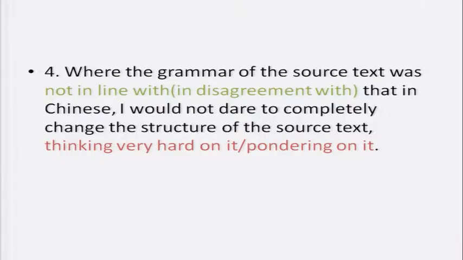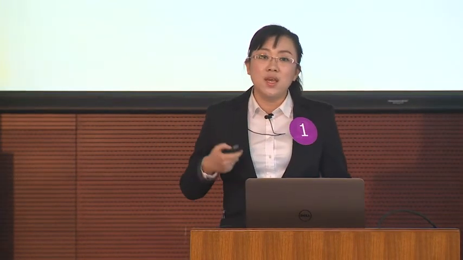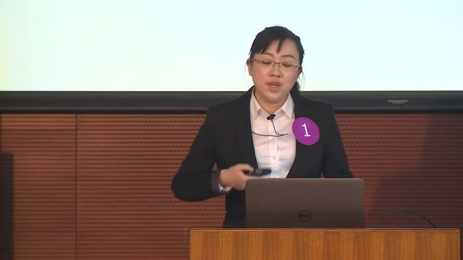Because when you try to analyze the message and try to put that into English, you will try to find out which part was actually more important. Actually, what the author wanted to say was that when the grammar was in disagreement, he would like to change the sentence structure. Of course, how did he do that? By pondering very hard on that. Therefore, changing the sentence structure was actually more important, and then it is put in the main clause.